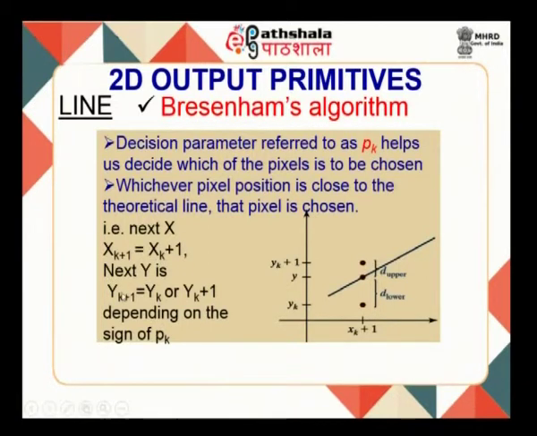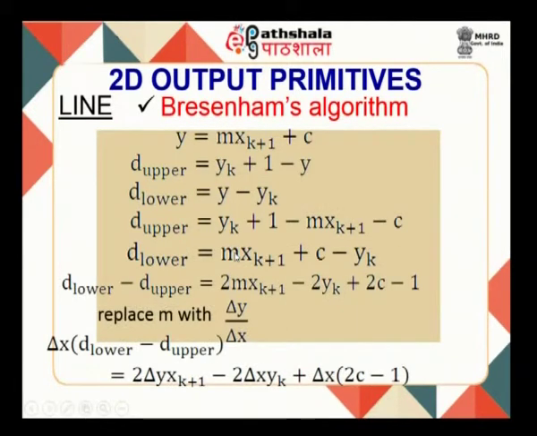while the next y is yk plus 1, which is yk or yk plus 1 depending on the decision parameter. So, let us see how we do the derivation, or how do we find equations for the decision parameter, and what is the decision parameter. Let us start the derivation with y is equal to mx plus c, that is the slope point form equation